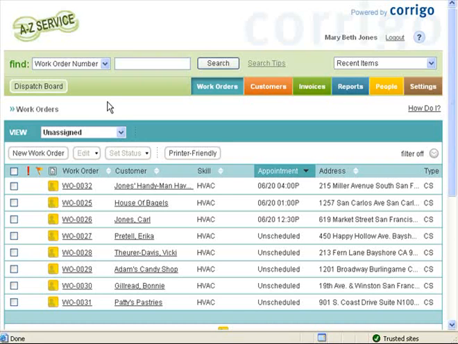The dispatch board provides an overview of work in progress and the workload for your service technicians. From the dispatch board, you can make adjustments to work orders and use it as a launching point to open detailed records for specific work orders, service technicians, and customers. To open the dispatch board, click on the dispatch board button located at the top left corner of the WorkTrack